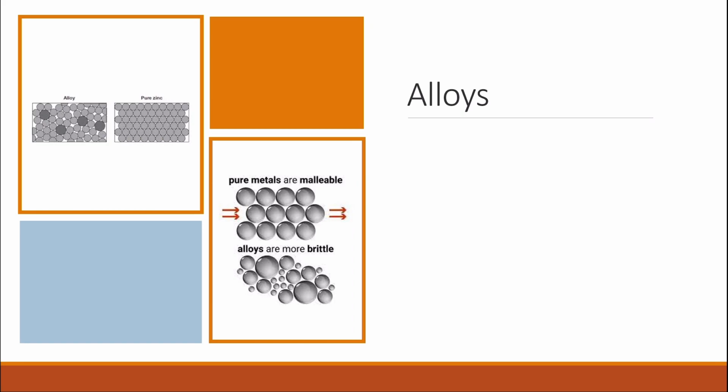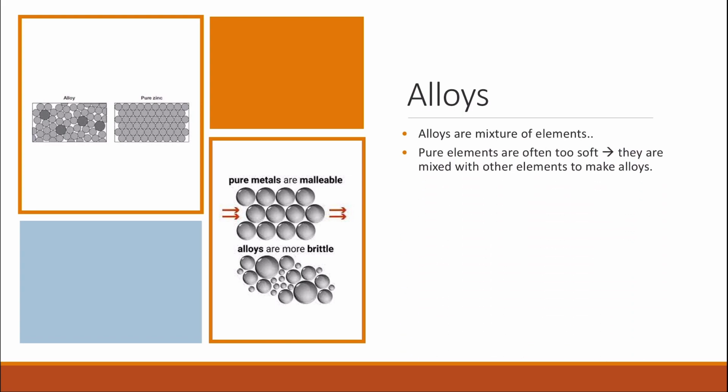Alloys are another type of structure where we can see metallic bonding. Alloys are not formed of only one metal, but of more than one element. One of these must be a metal. So it can be two or more metals, or a metal with a non-metal. Pure elements themselves are too soft, and when they are mixed with other elements, they make alloys. Alloys are more useful than metals because the alloy is harder than